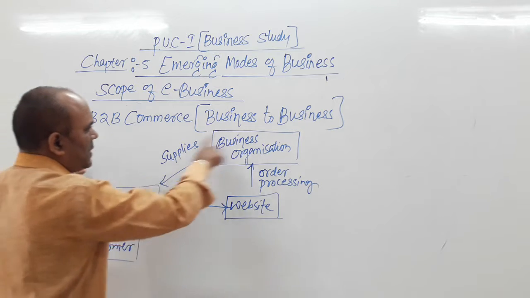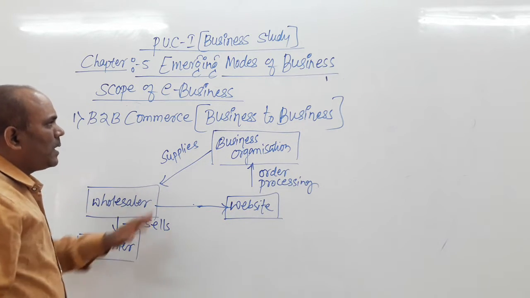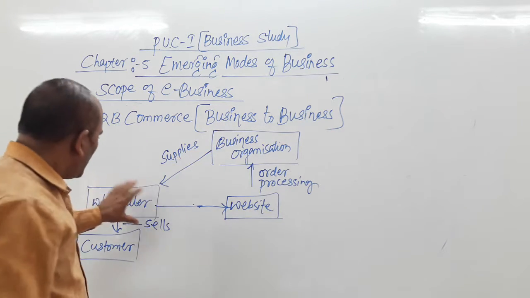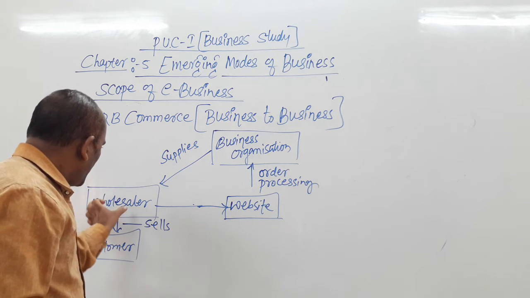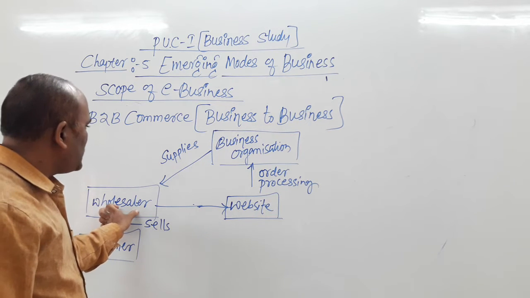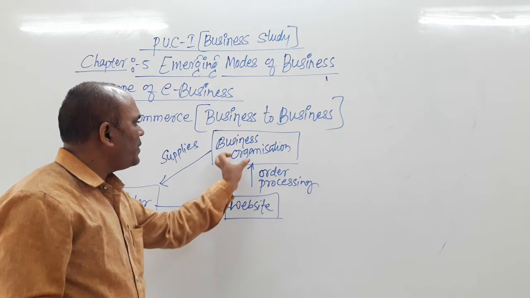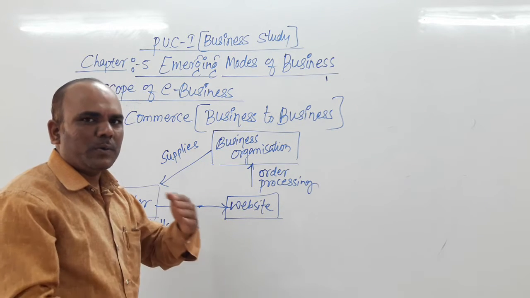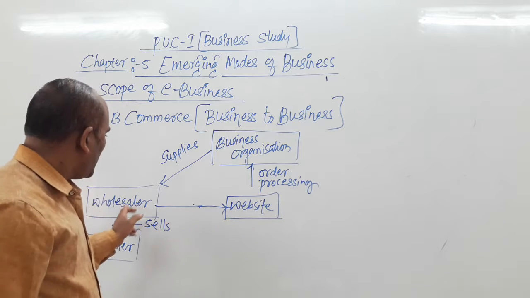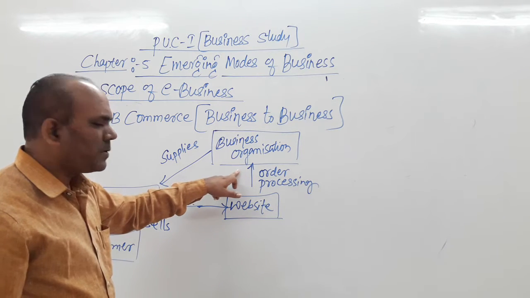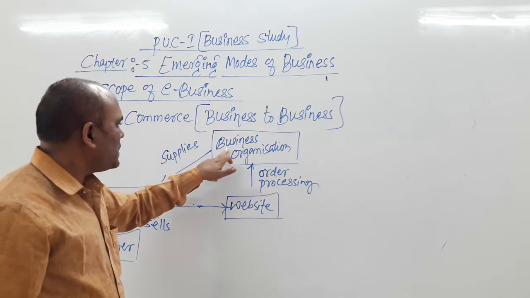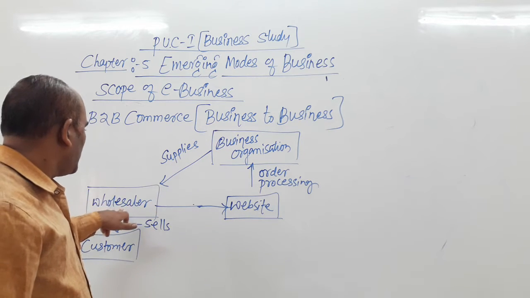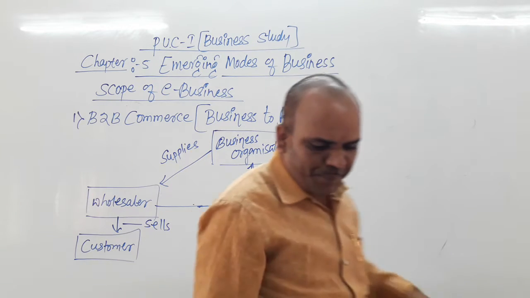then the wholesaler sells to the customers. This is the chart related to business to business. He is also a wholesaler. It means one business organization is communicating with other business organizations. It means purchasing of goods and selling of goods. The wholesaler purchases the goods from the business organization and the business organization supplies the wholesalers. So